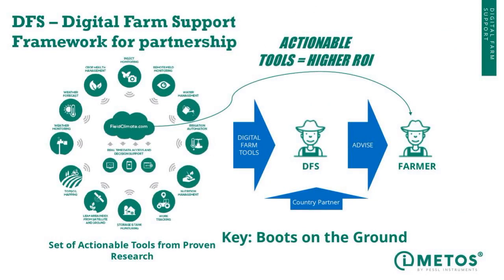So it's a set of actionable tools that provide the intelligence to somebody on the ground. The key is the boots on the ground, such as you, of course, on your Discovery Farm, that are making these decisions on that farm or advising a farmer. So it's absolute key, boots on the ground through actionable tools and whatever it is in terms of data collection. Could be insects, weather, soil moisture, nutrient management. They're all part of the picture of what we use.